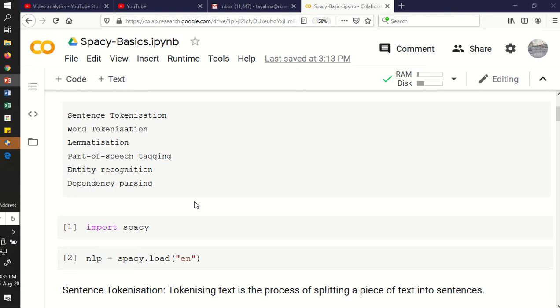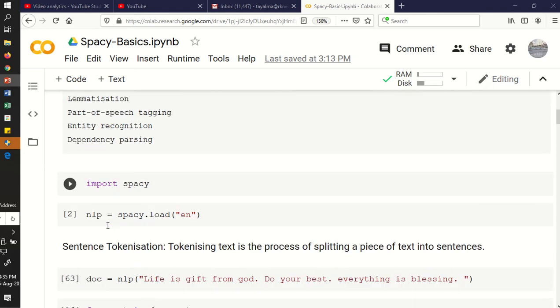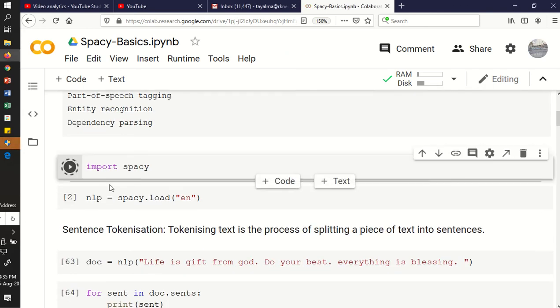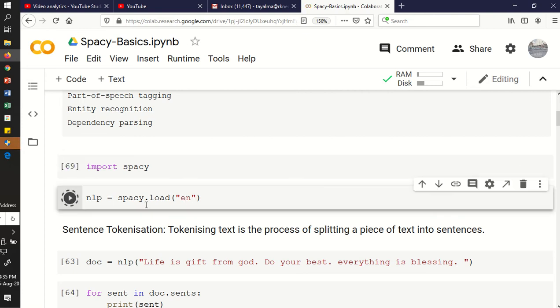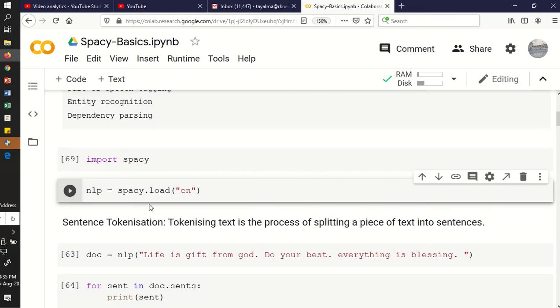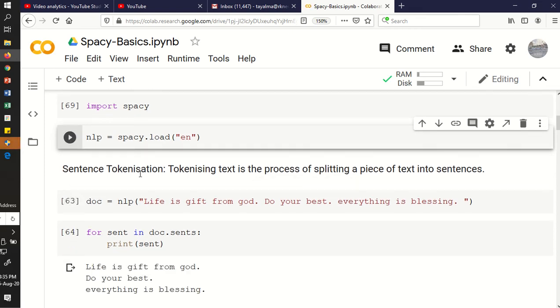If you want to use the Spacy package in your program for execution, you just write the first command, import spacy. That will import your library Spacy here. Then there are many different libraries or models for different languages. Different models are there for every language. For English we are using EN here, so we are downloading the EN model. We have written the command spacy.load en. Once it is done, you can proceed towards sentence tokenization.